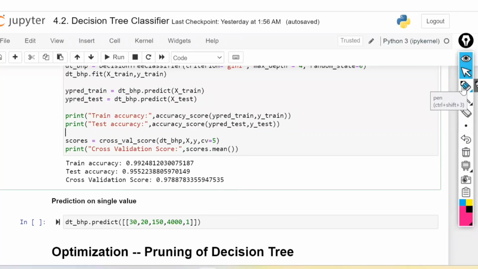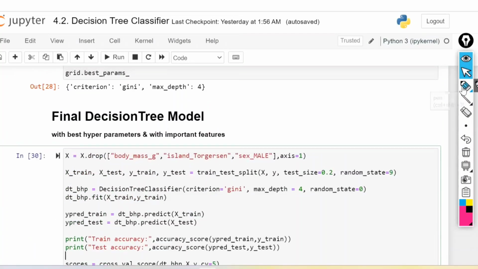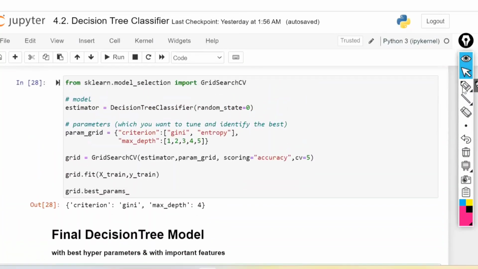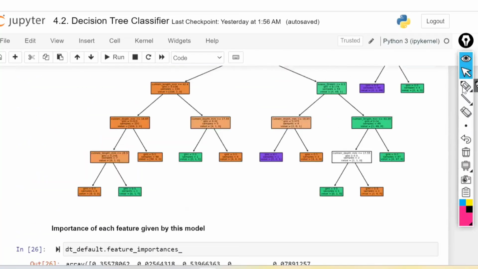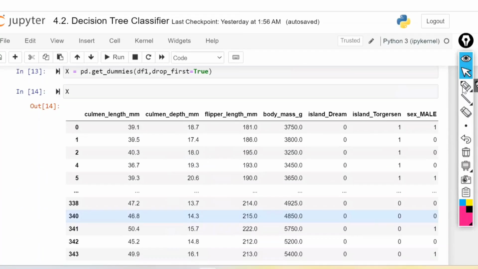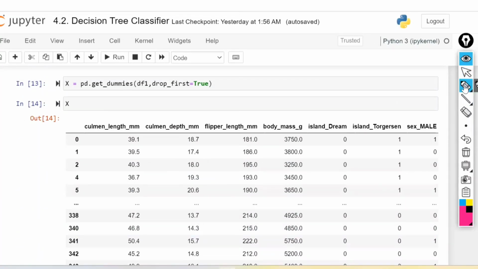Now, for example, using this one, you have to predict on new data. Say the new data is: the person, whoever wants to execute the code, has a culmen length of 39, a culmen depth of 19, flipper length of 180, body mass of 3600, and writes the category called Dream.